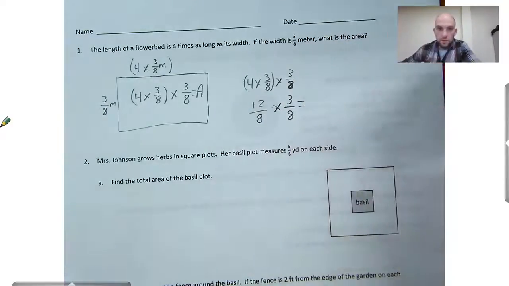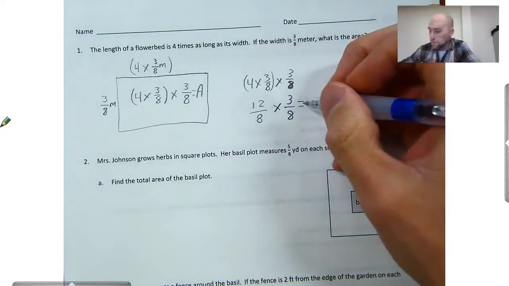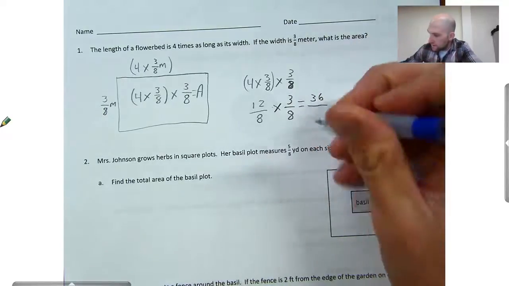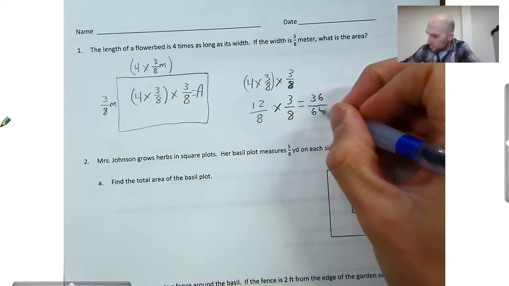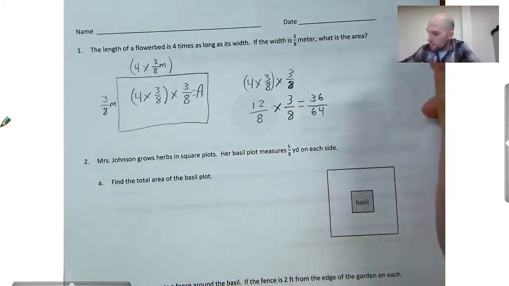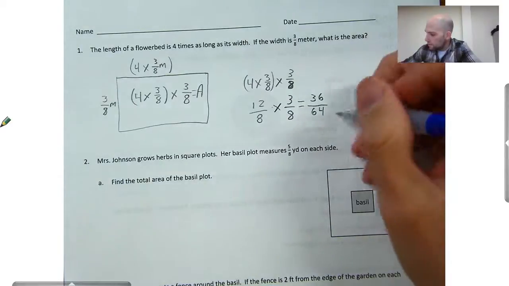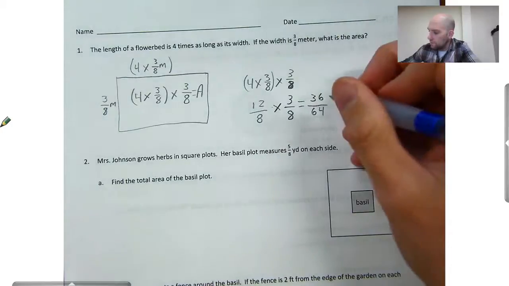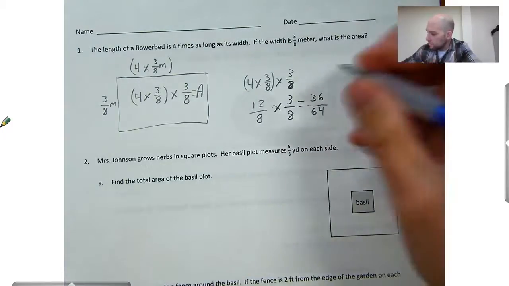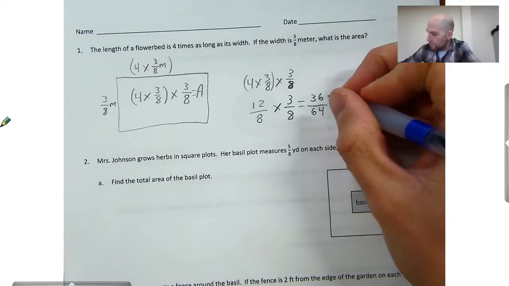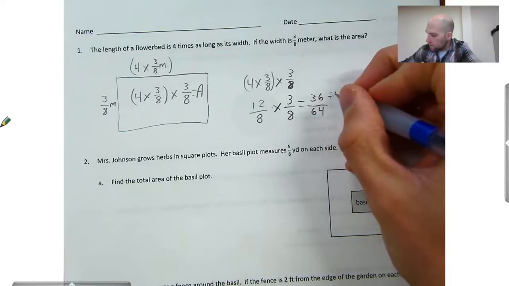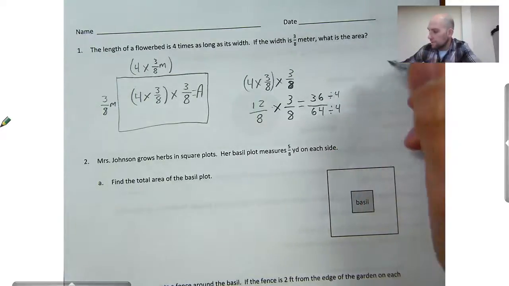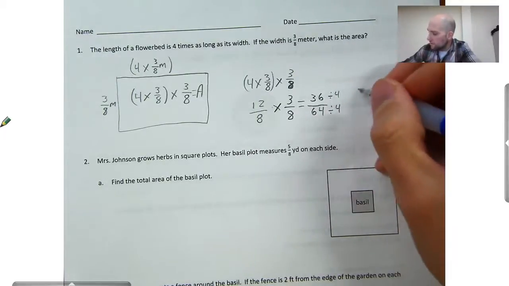Now I'm just going to multiply straight across. 12 times 3 will give me 36. And 8 times 8 is 64. So I'll get 36/64 of a meter, which would be my area. Now I can divide both of those by 4 to simplify this. We could leave it as 36/64 of a meter, but if we wanted to simplify it,